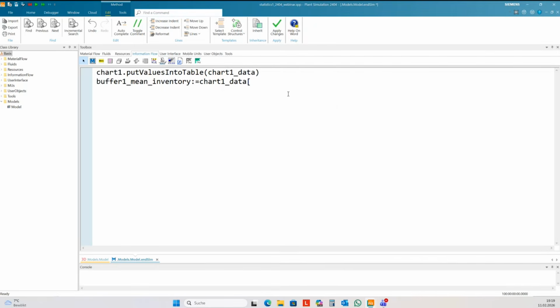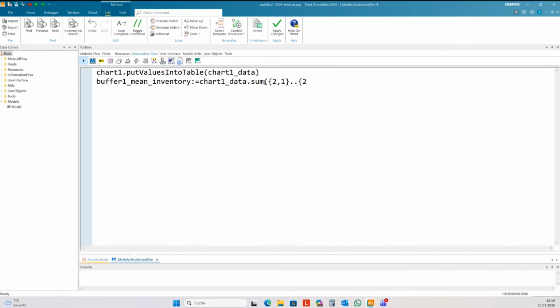And to calculate the mean value, you need the sum of all values and the number of data points. And so it's sum. We need to specify the range.